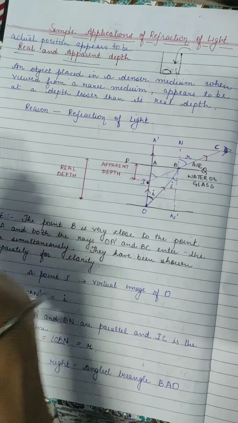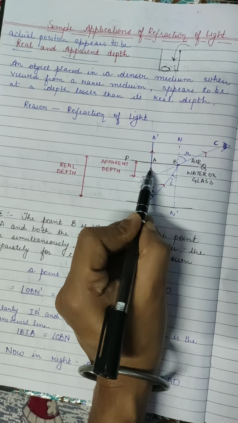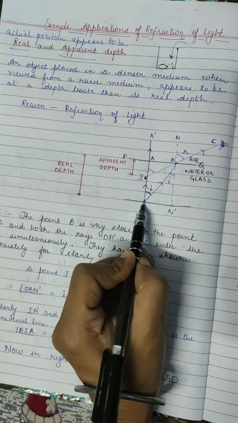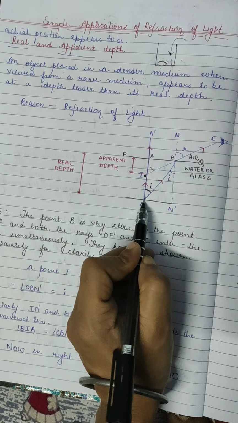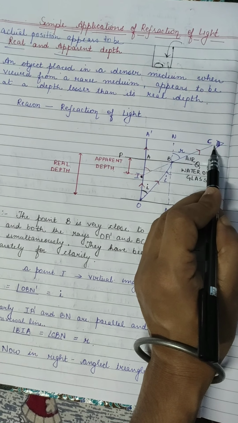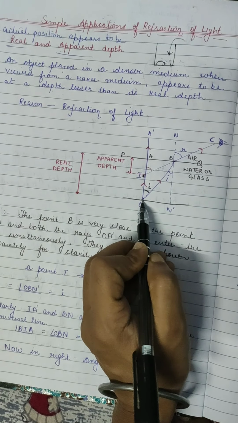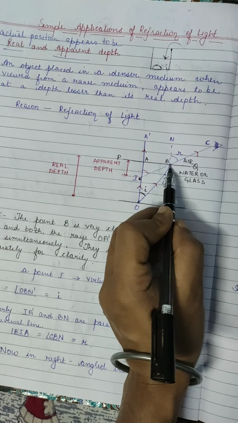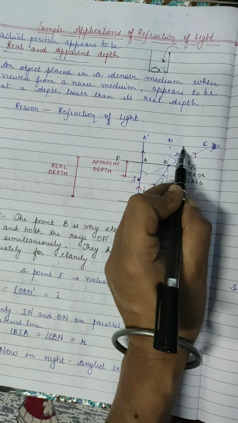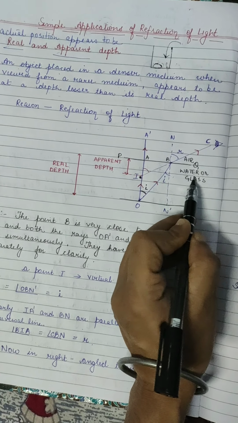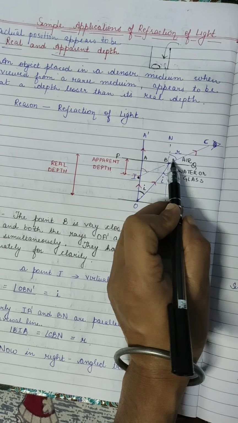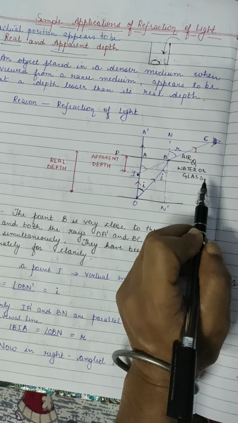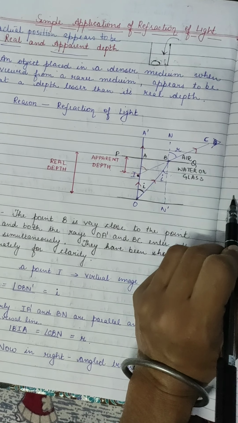Now actually what happens? Let's study it diagrammatically. See, we know that when light comes at a 90 degree angle, the ray goes straight. Clear? Now our object is here and we are viewing the object from this part. Light is coming from the object, the light rays travel from denser to rarer medium. Here what I have written? Water or glass. So it's coming from denser to rarer medium. It bends what? Yes, it bends away from the normal, and comes to our eyes.